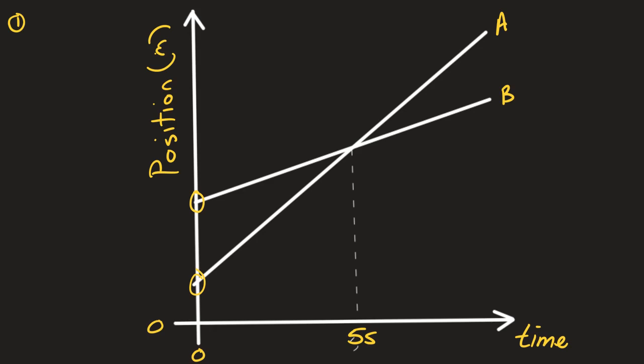I would like you to tell me, when do these two objects have the same velocity? Think about it for a minute. When do these two objects have the same velocity? All right, you've heard the question. Talk about it a little bit. And I am ready. So, Earth. One of you has to answer that question for me. When do these objects have the same velocity?